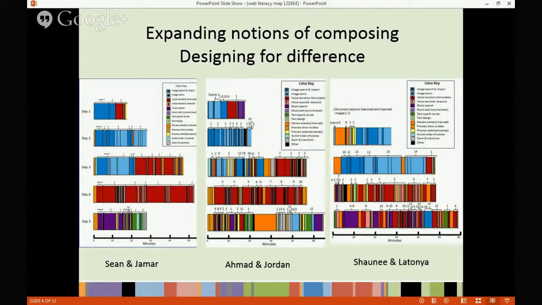and Jordan, and Shani and Latanya, these students were creating multimodal retellings of a folk tale. And over the course of 5 sessions, we recorded their on-screen action using Camtasia video, and then we also recorded face-to-face video. So we had their talk and their on-screen movement as they were composing. And what the multimodal timescape does is it reduces that data, it condenses the data and represents it visually, so